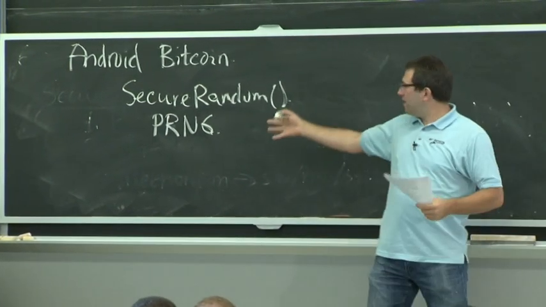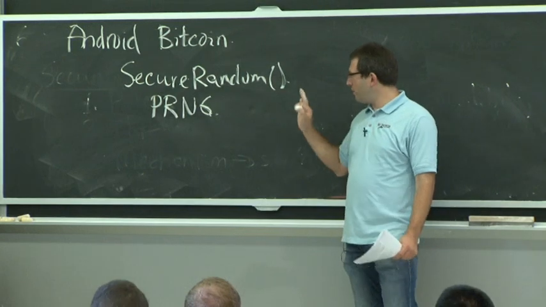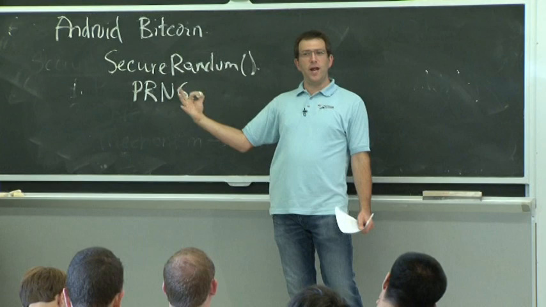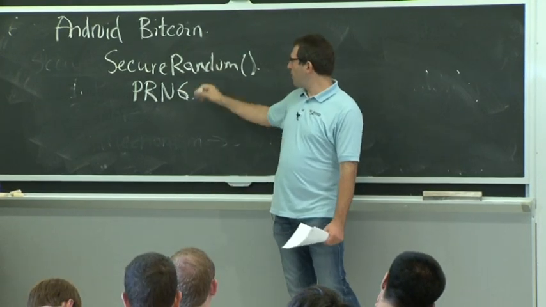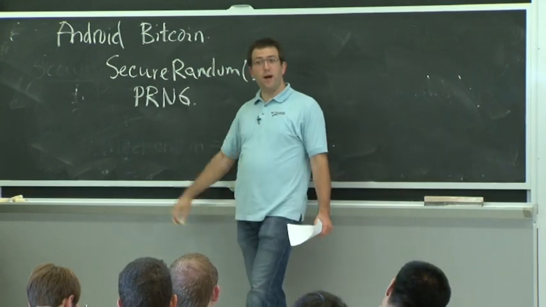So you seed them initially, and then you can generate as many random bits as you want. And for various cryptographic reasons I won't go into here, it actually works. If you give it a couple of hundred really good random bits initially, it's going to be very hard for anyone to predict what the pseudo-random values it's generating are.